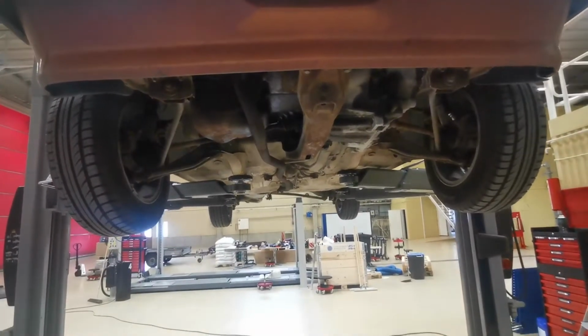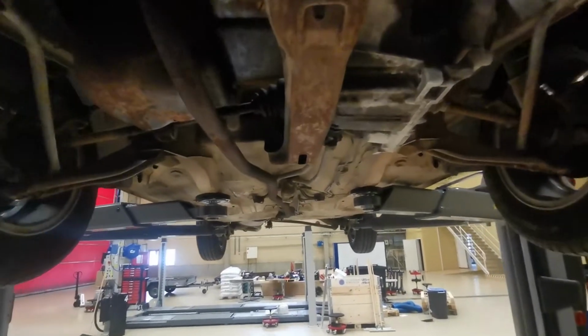Right, as you can see, she's up on the lift. Just gone round her a little quickly, and we've got a joint here that needs replacing. This side's alright, actually, feels quite alright. No problems there. A lot of you in Fiesta land that know anything about Fiestas will probably be a bit surprised, as I go along here, to see that the rot along the underside of this car